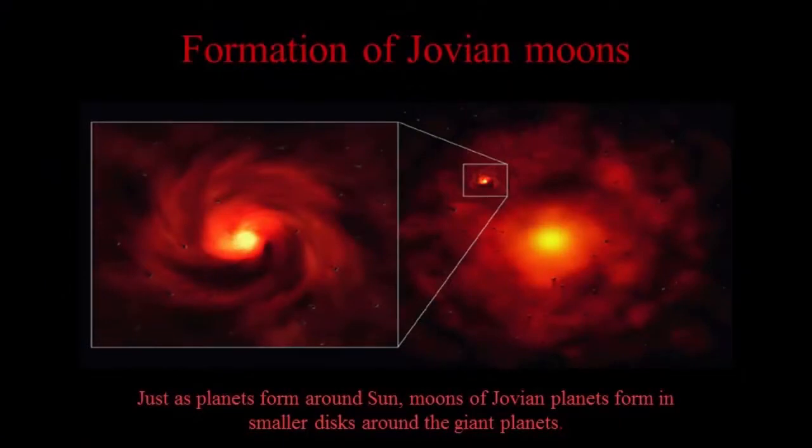Why is it the Jovian planets did? Well, the answer again really is that there was so much more material in the outer solar system. And as these large Jovian gas planets are forming, they become so large that they actually begin to form miniature or smaller disks of material around them. And within these disks, we can get a similar process occurring. Particles stick together. They form planetesimals. Those planetesimals now can form fairly large moons, somewhat larger than our moon. So again, a simplified explanation, but it does provide us a good starting point as to the formation of the